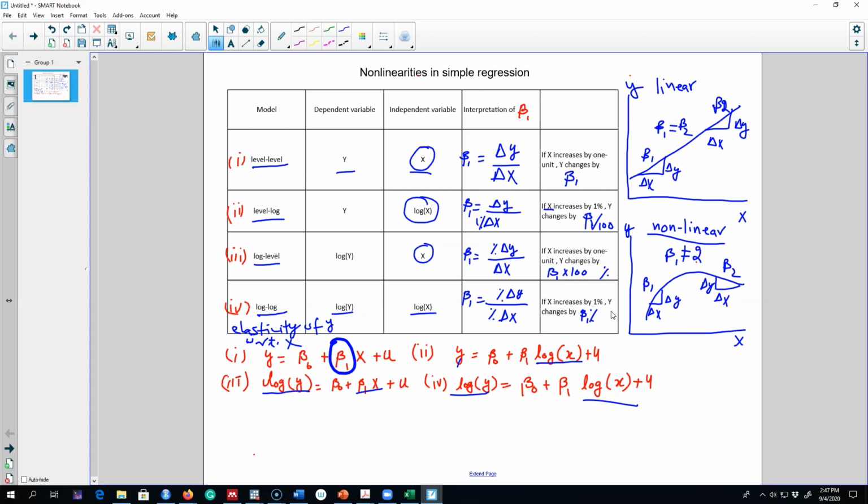Okay, so these were some of the ways in which you can transform your nonlinear model into a linear model by taking the log of either the dependent variable or the explanatory variable or both variables. Now it may not work in all of the cases, and it may not be possible to always transform a nonlinear model into a linear model. In that case, we have to introduce a different methodology that I'll talk about in the next video.